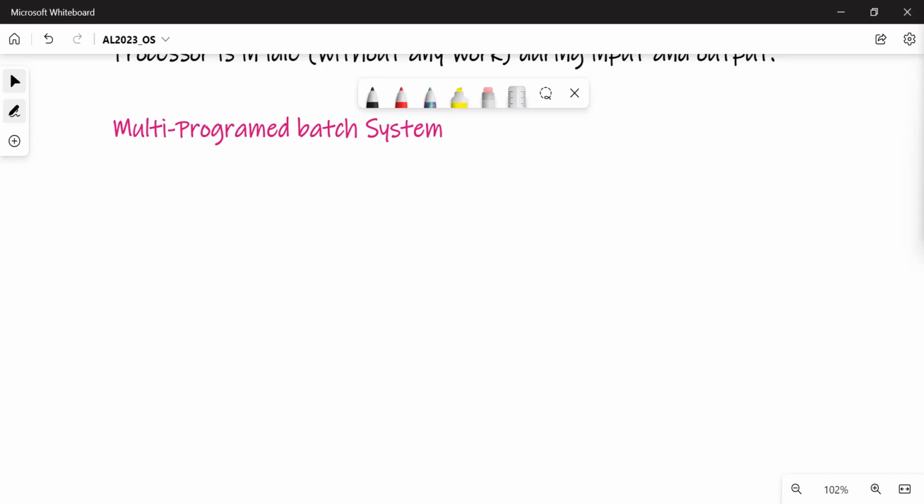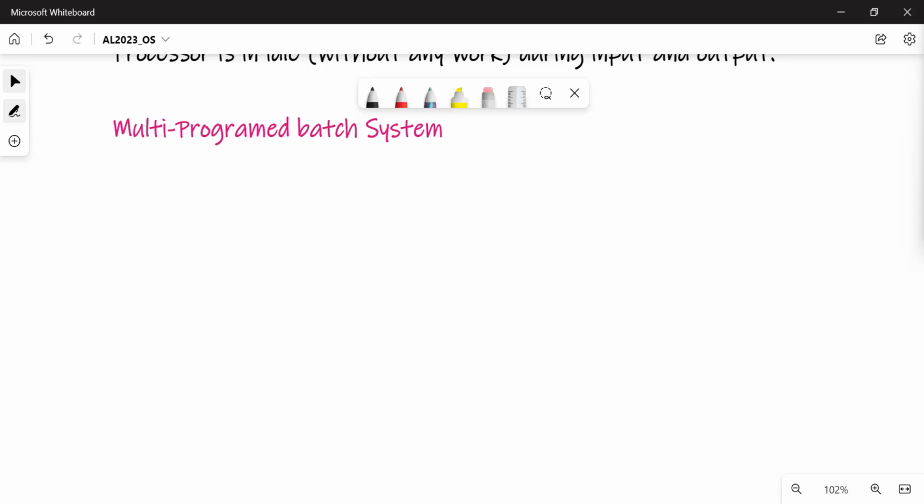Here they are taking multiple programs and putting them into different places in the memory, right? So it will take one program, and the other programs are in the memory. When a program is actually running, the others are in memory.